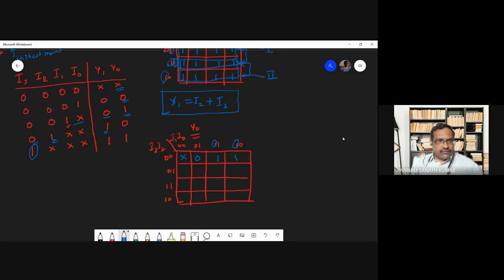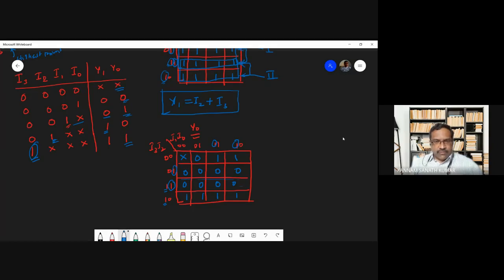And here you see, if you see I2 equal to 1. So that means here if you observe I2 equal to 1, so these 8 cells are related to I2 equal to 1. Okay. So what is the output you are getting? I2 equal to 1, you are having 0. Okay. And similarly, if you see for I3 equal to 1, what is the output? Output equal to 1. So that means here you are getting 1, 1, 1, 1. But this also should be 1. Okay. So that means when I2 equal to 1, you are getting these two cells as zeros. Okay. So this cell is common for I2 equal to 1 and I3 equal to 1.